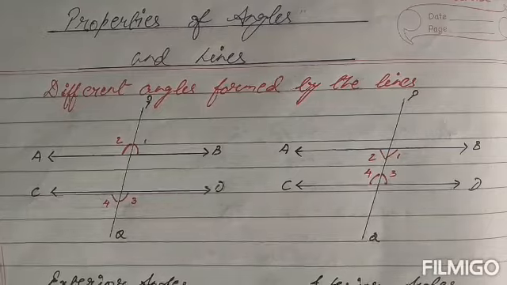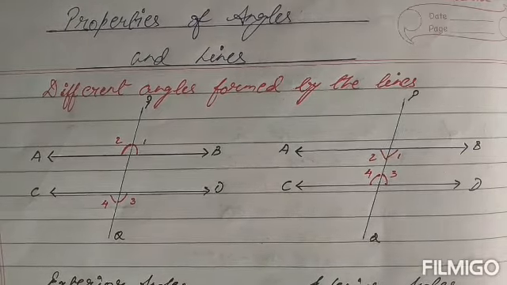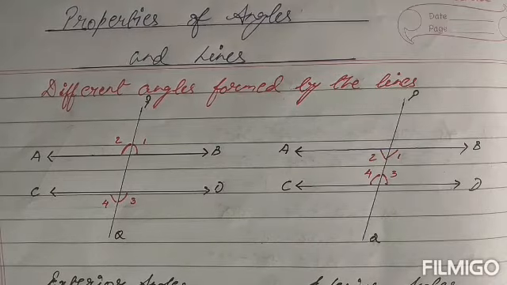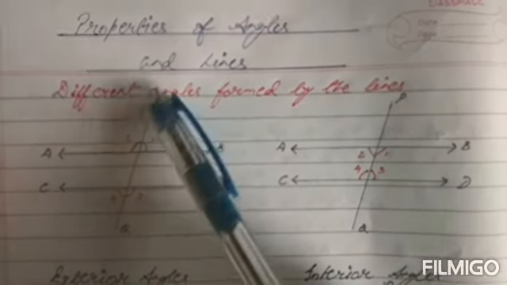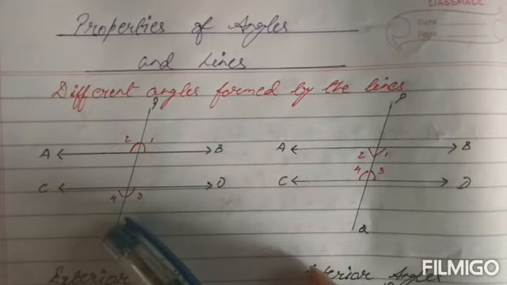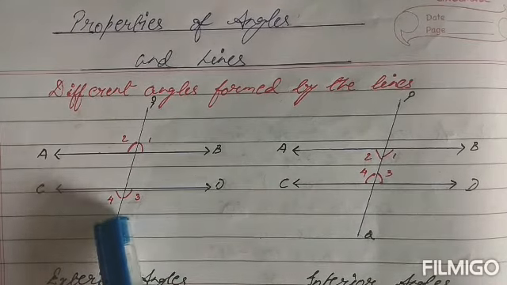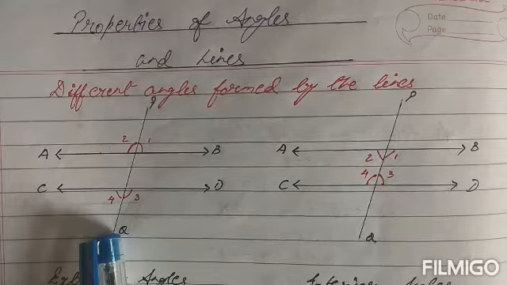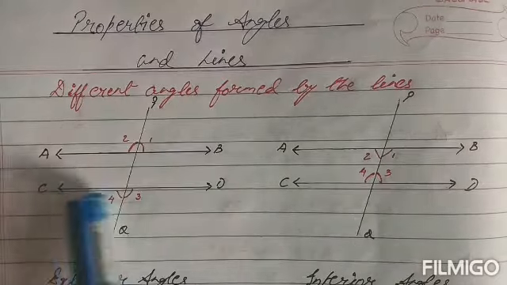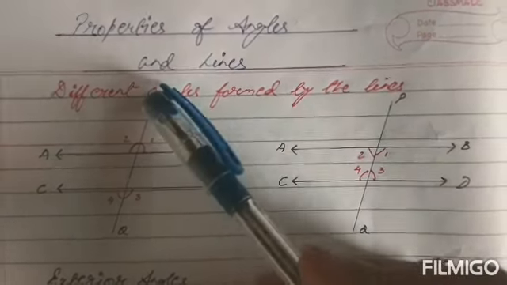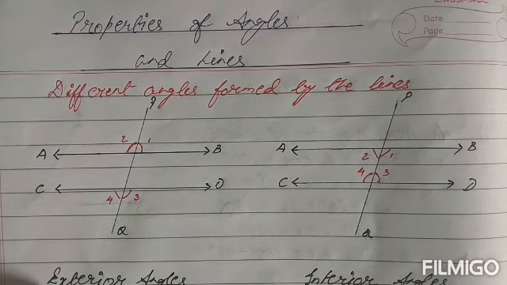Now in this part, children, we are going to learn the different angles that are formed by various lines. In case we have three lines, in which two lines are parallel lines, and the third line cuts both the lines at particular points and is a straight line, then this line is known as a transversal. Line AB and line CD are the parallel lines, and line PQ shown over here is termed a transversal.